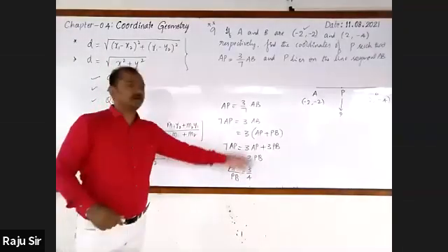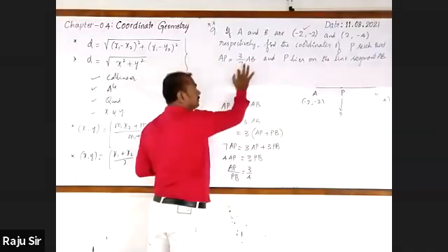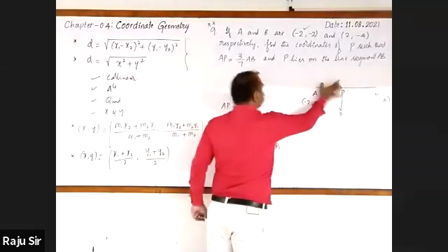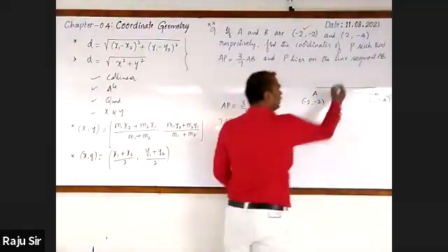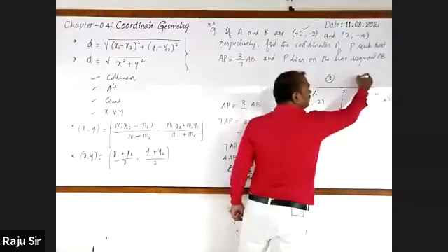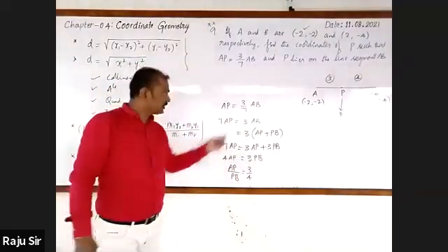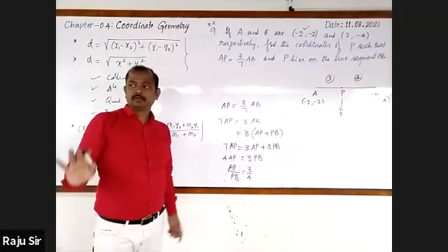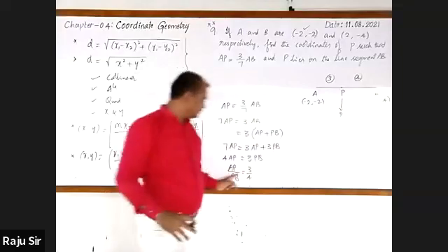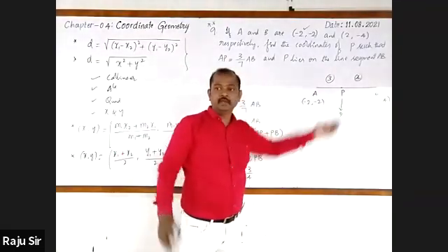So this is the ratio. It is very simple to understand. Look here. Out of 7 parts, total 7 parts are there. Out of that, 3 is of AP, and the remaining part is 4. Total parts 7, out of that AP is 3, remaining 4. So it is 3:4. With calculation, we have shown that. We know the points A and B as well as the ratio, so now we can find out the coordinates of P.